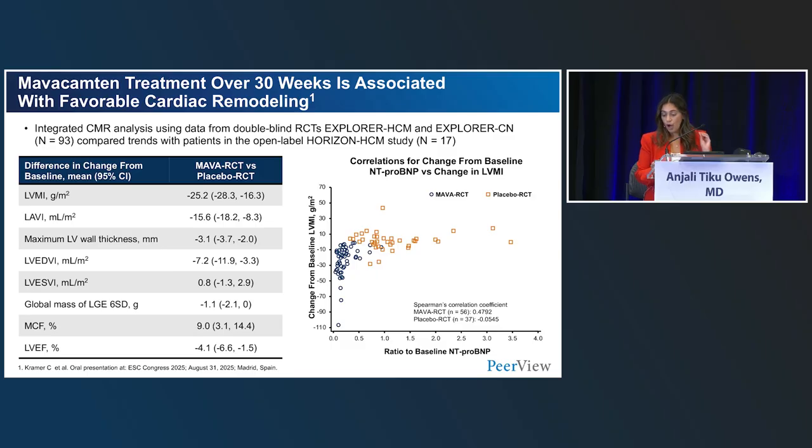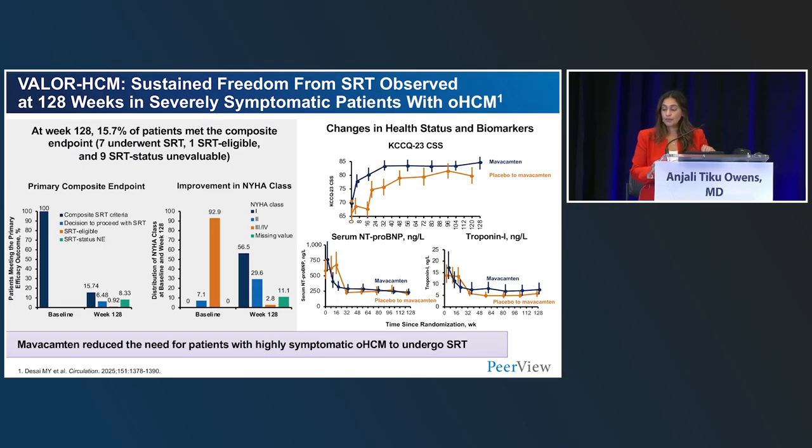So the hallmark of HCM, of course, is left ventricular hypertrophy, and we're starting to see regression of hypertrophy, improvement in mass, improvement in left atrial volume index. Let's look at freedom from septal reduction therapy, another important long-term aspect of disease. Are we taking these patients and temporarily relieving the need for septal reduction therapy, or is this going to be a durable response and patients are able to avoid open heart surgery or alcohol ablation